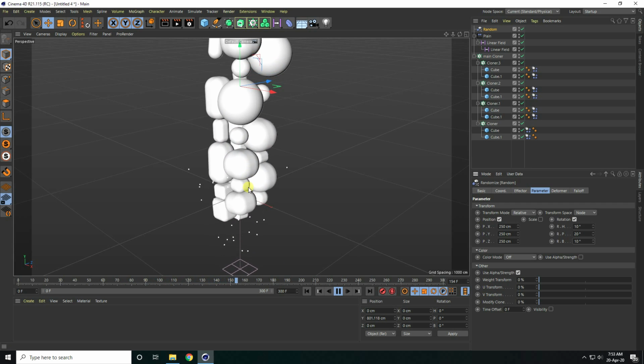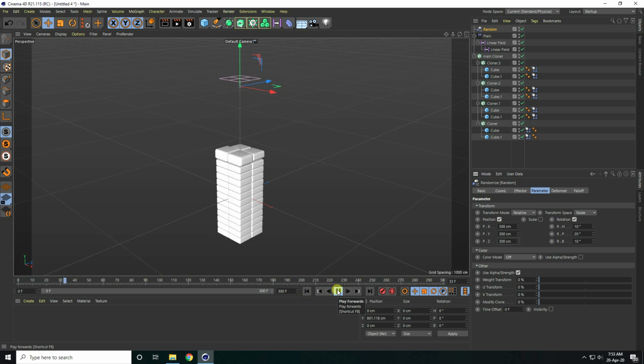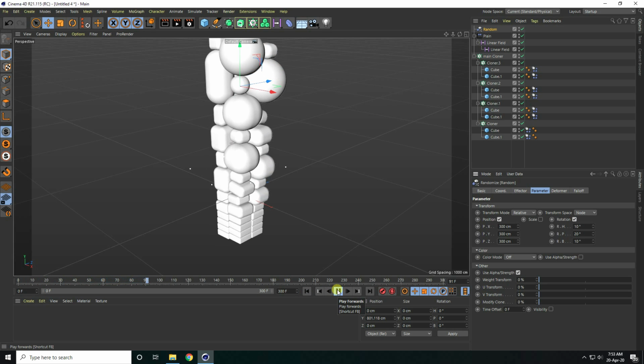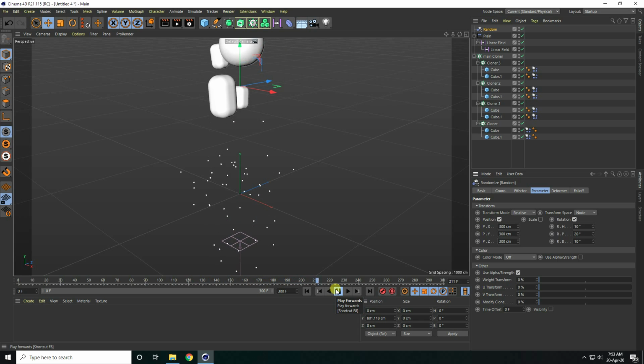Yes, much better. Guys, you can increase the position more. I take about 300, 300. Yes, and play. Yeah, that's really beautiful guys. It's really simple animation.